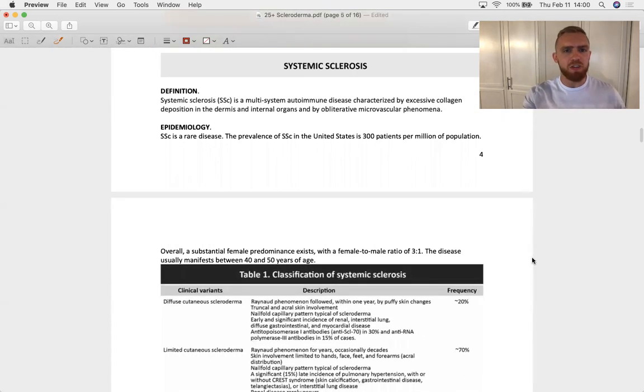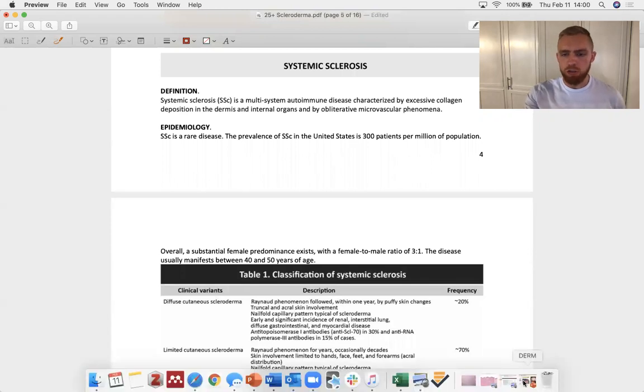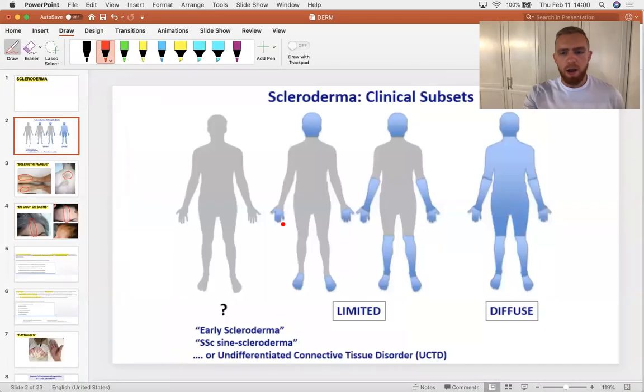Now let's talk about systemic sclerosis. And this is where we'll refer back to the vocabulary again, because I don't want you to get anything mixed up on a test. You can have limited or diffuse systemic scleroderma. So limited typically means that the periphery is definitely involved, and you might get some esophageal involvement as well, but